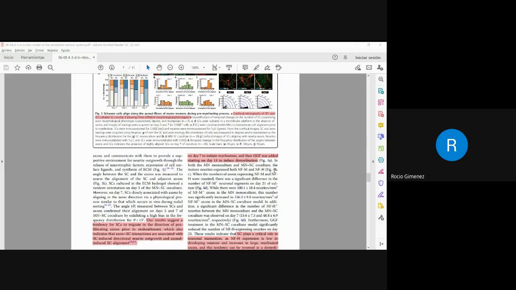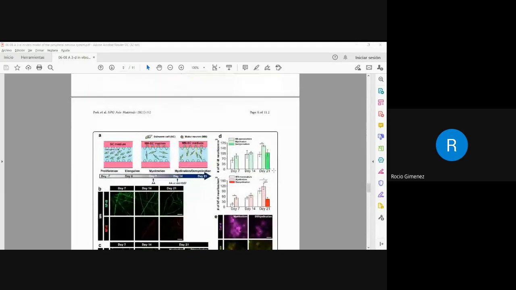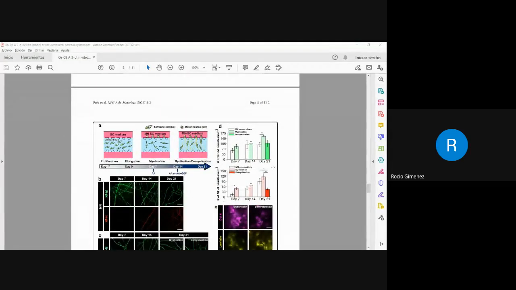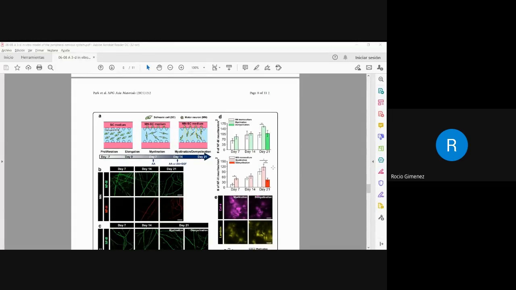They also investigated the effect of the Schwann cells on neuron maturation. In this experiment, the Schwann cells are embedded in the collagen inside the hydrogel channel. After 1 week of culture, motor neurons are seeded inside the median channel. On day 7 of the co-culture, ascorbic acid was added to the co-culture medium to induce myelination. In addition, glial growth factor was supplemented along with the ascorbic acid to develop a demyelination model on day